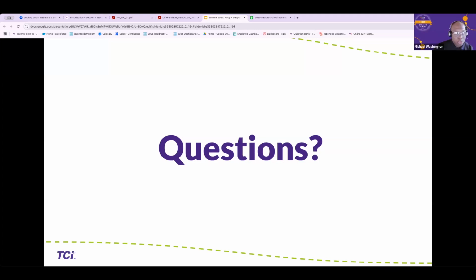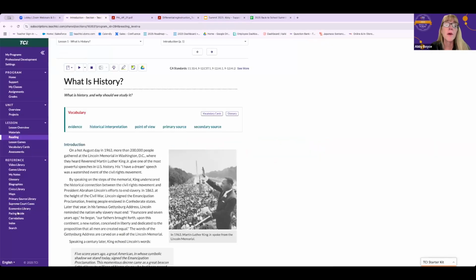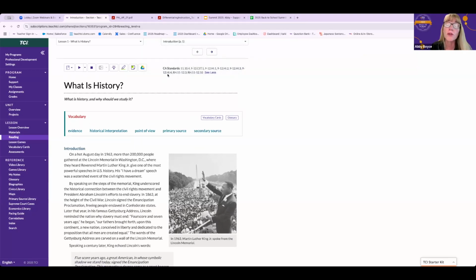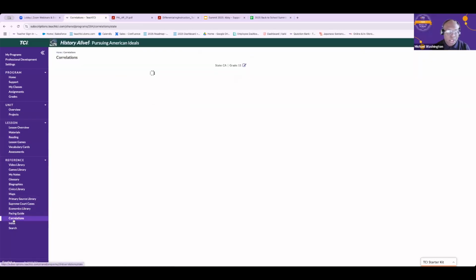The anchor charts, where are the anchor charts located? Okay, wait, chat's moving so fast. So your standards, when you're in your program, all the state standards should link. Right now, Michael is in a national account, so it's linking to those California standards. But when you're in your individual account, you should see your state standards. Those should be listed. And also, if you go to correlations on the purple bar, they'll be there as well. Rebecca says she goes with paper and pencil tests just to keep them honest. Yep, that's another way. It's old school, but yeah, it works, right?